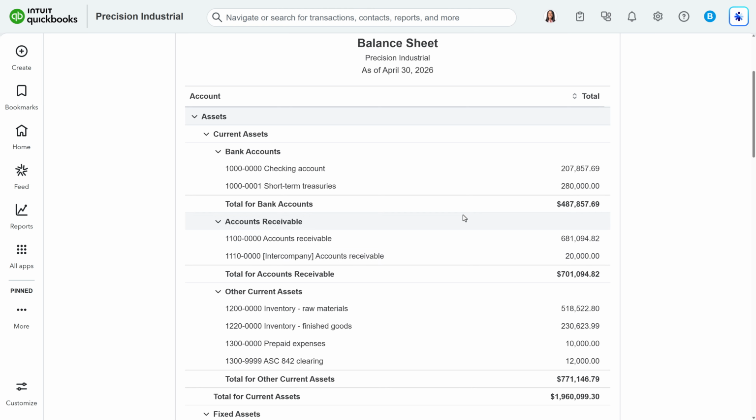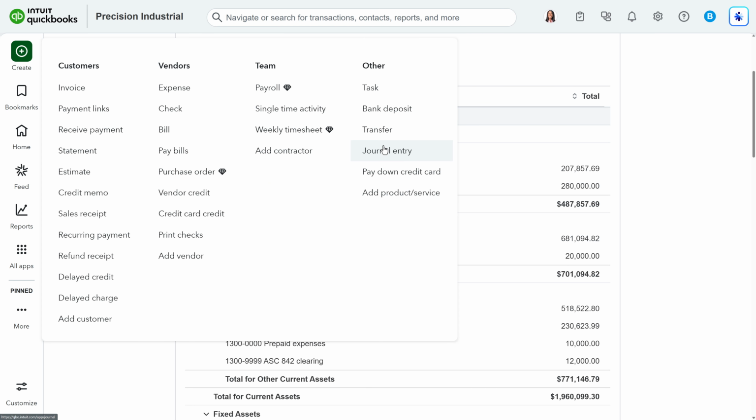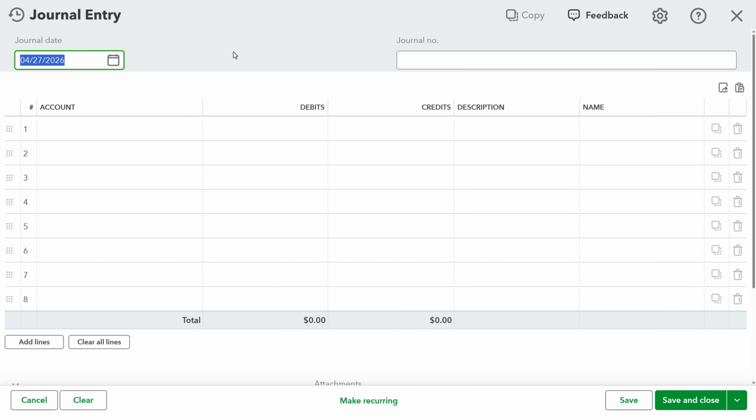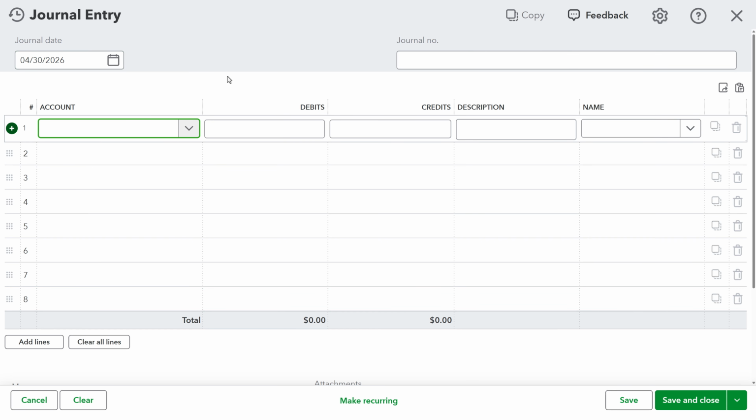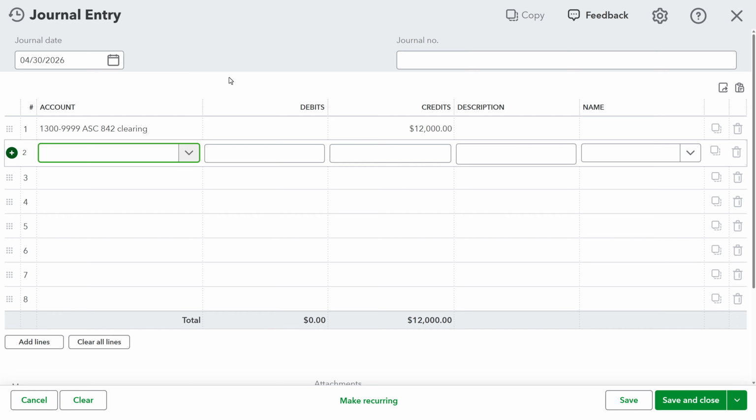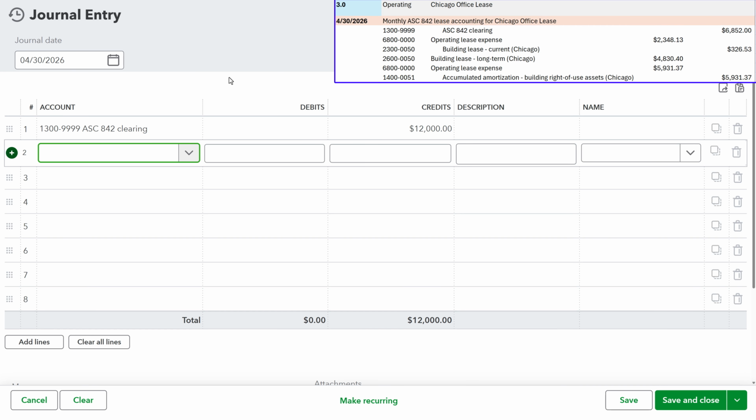So now let's act as our accounting team and perform our subsequent ASC 842 entries. And we'll combine these into one journal entry so we can see how this works. So this will occur on April 30th, 2026. First, we will credit our clearing account for the full $12,000. Then first for the building, we need to debit our operating lease expense for the interest portion. That will be for